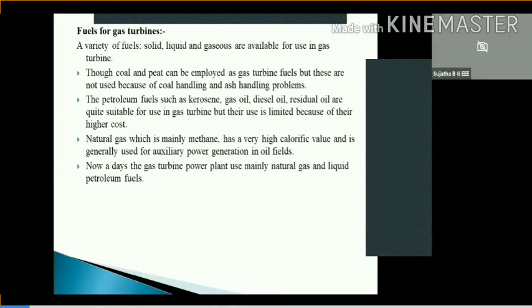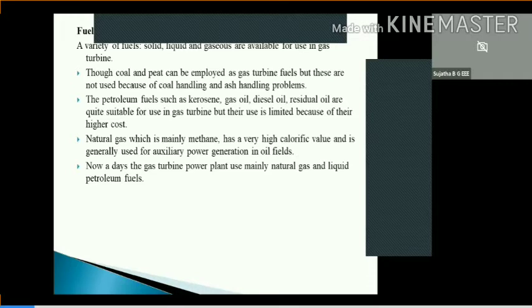So the gas turbine converts the chemical energy present in the fuel into mechanical energy. So we are injecting a fuel into the combustion chamber. We are also injecting high pressure air. In the compressor, air is injected after, of course, it is filtered. If any dust particles are present in the air, that is filtered, and filtered air is injected into the compressor. The compressor compresses or squeezes the air, and high pressure air is injected into the combustion chamber. And when fuel is injected in the combustion chamber, it burns and the products produced are converted into mechanical energy.